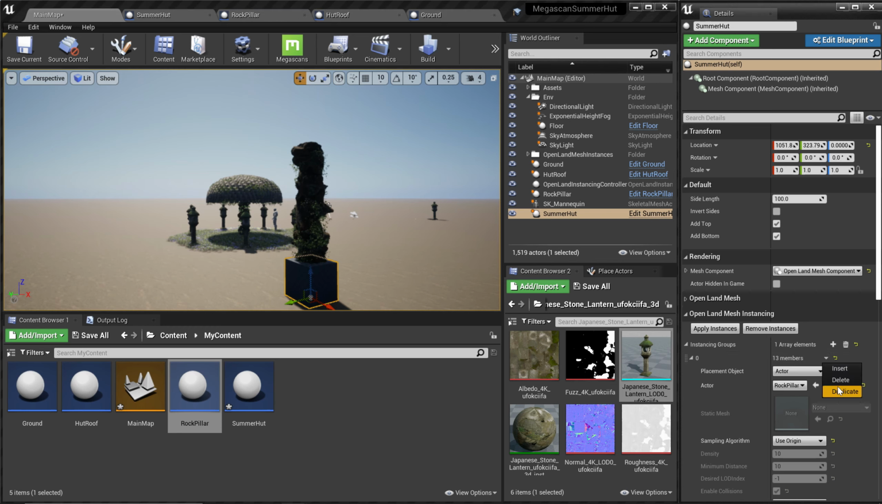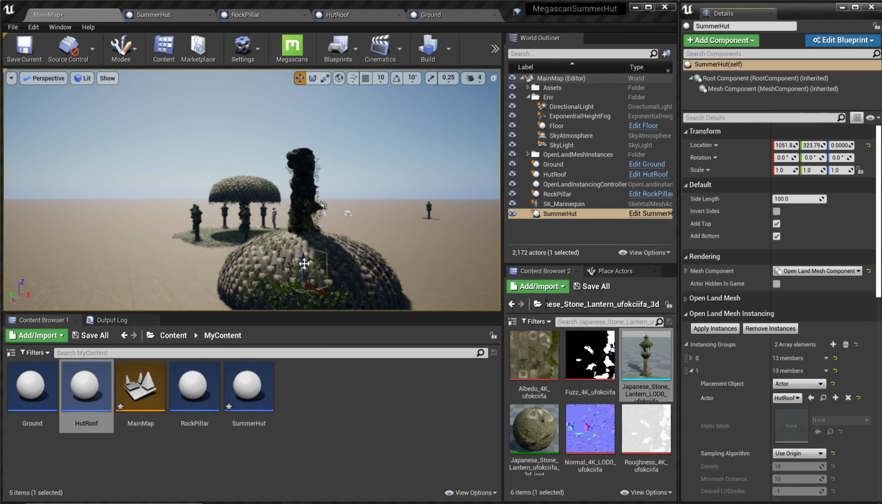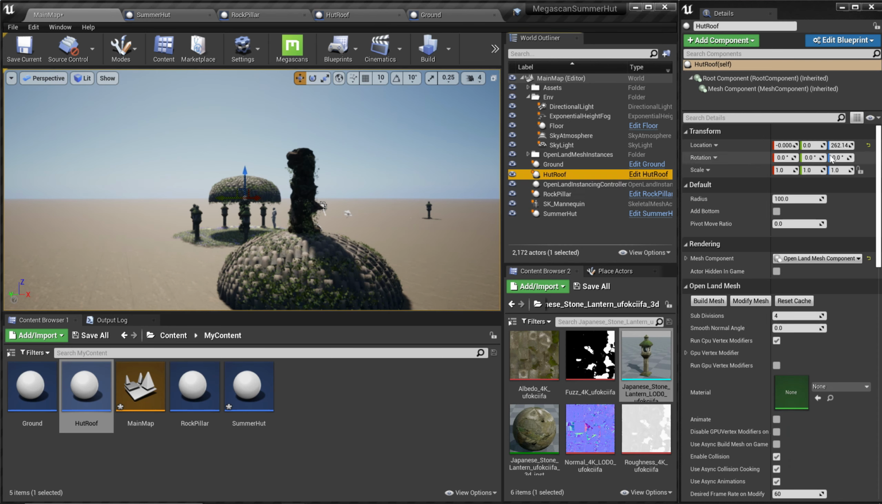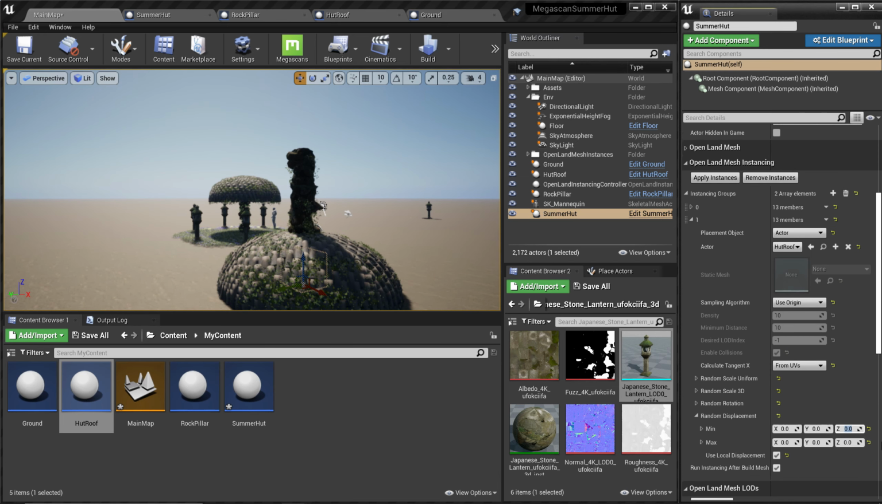I'm going to duplicate this, and in this case it will be the hard roof. Right, now the roof is on the bottom. We can simply change the position over the z-axis. In order to do that, let me check the actual position change. It should be 262 centimeters. All right, that's cool. Then I'm going to select my summer hut again, go here and go to random displacement,